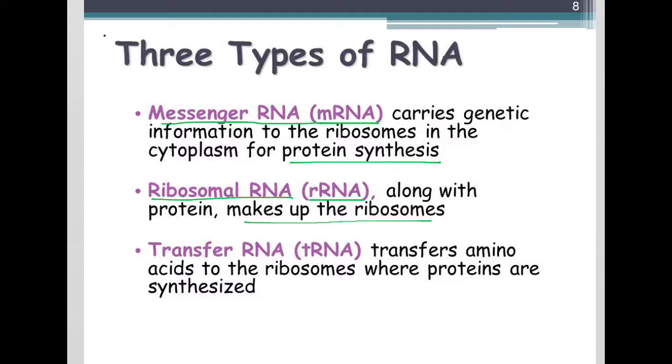And the sort of third and very interesting type of RNA is transfer RNA. This is tRNA, note the lowercase t. Transfer RNA transfers amino acids, right, those monomers of proteins, to the ribosomes where the proteins are synthesized. So they are transfer molecules. They go and pick up amino acids and take them to the ribosome, drop them off, and go pick up